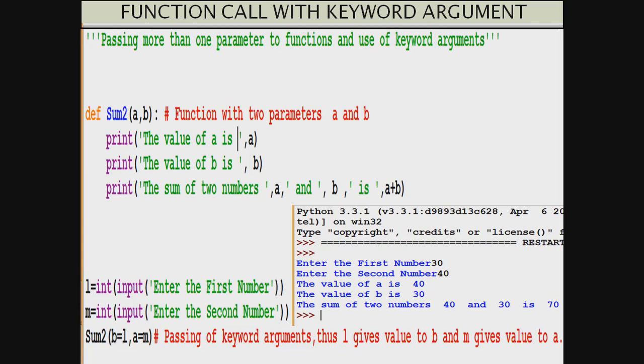And see the output. This time the value of A is 40, even if it was the second number that had been entered, and the value of B is 30. And both of them sum up to 70. So students, you have understood what keyword argument means. Through keyword arguments, you can take the name of the parameter while calling, put an equal to sign and give the value. And that parameter can get a value even earlier than the parameters which are prior in the parameter list while defining the function.